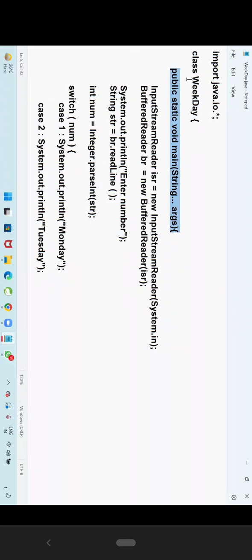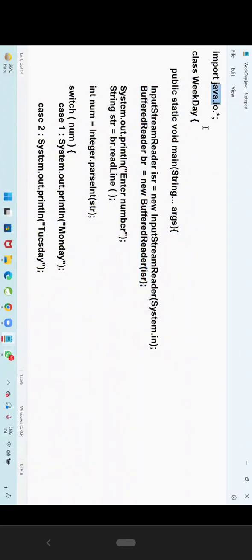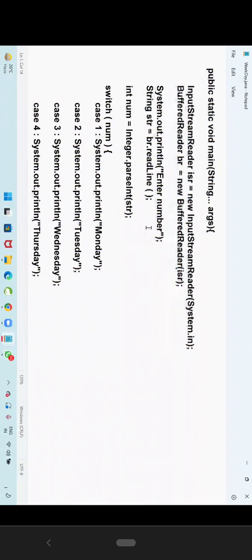Input stream reader, system.in. I'm reading the data from the keyboard. That stream reader I connected to buffered reader. Buffered reader is a predefined class available in java.io package. In the buffered reader, we have read method as well as read line method. What is the difference between read and read line? Read is used to read